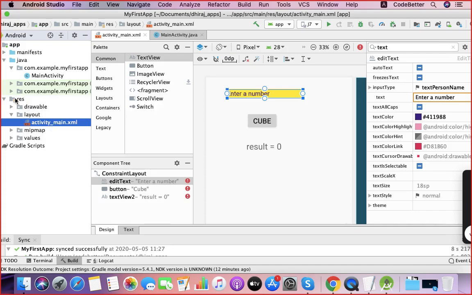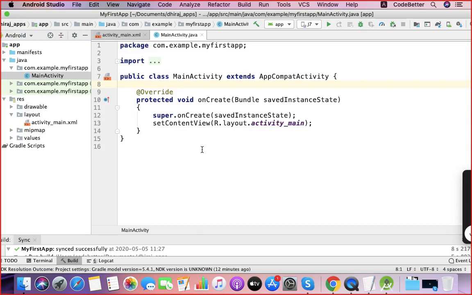So here you can see that there is some ready-made code which says R.layout.activity_main. Got it? So there is some ready-made code available which by default connects your default screen.